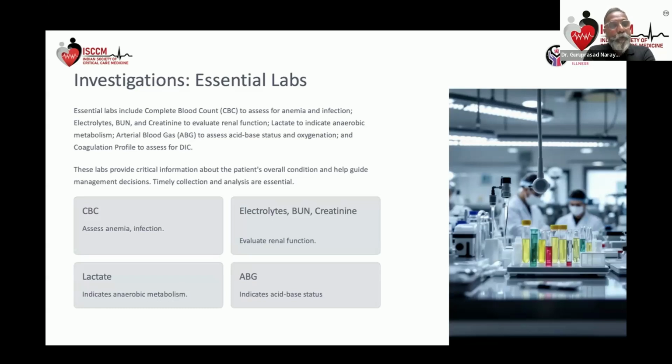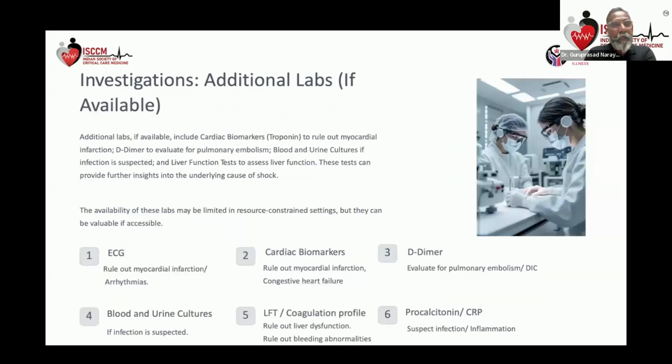Then you have to get a lactate level done to indicate if there is some anaerobic metabolism, and an ABG will help you to indicate the acid-base status. So additional labs can be like ECG. If a patient has come with chest pain in shock, ECG will definitely give you an indication of an ST elevation MI, or if the patient has got some arrhythmias, then you do some markers like troponin I to look for a myocardial infarction, or a raised BNP to know that the patient is in pulmonary edema because